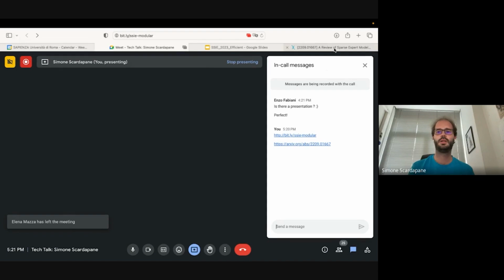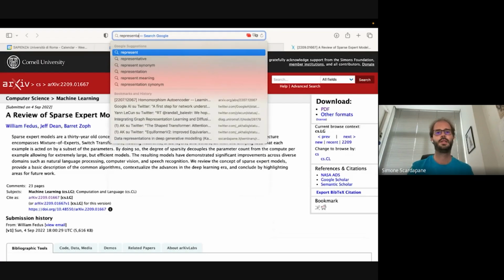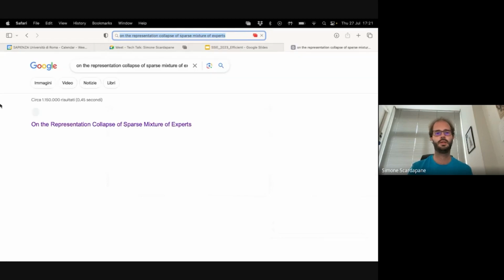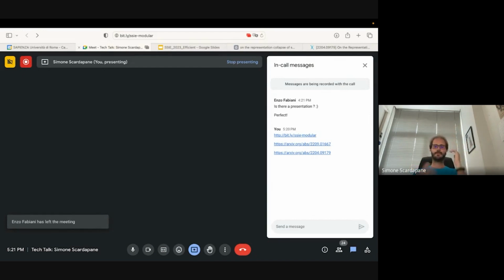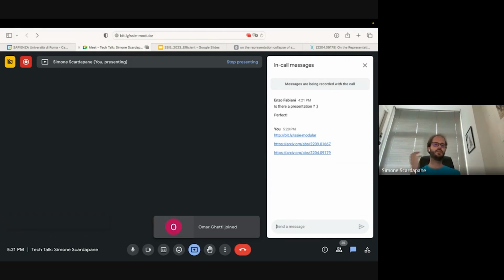And then there is another paper from last year that is focused on this. But basically, it's a problem of optimization. Maybe one expert at the beginning is slightly better than the other, and the easiest thing you can do is throw everything to that expert. So you get stuck in a local solution, a local minimum. But you can solve it with some noise or some regularization, balancing, many different techniques.